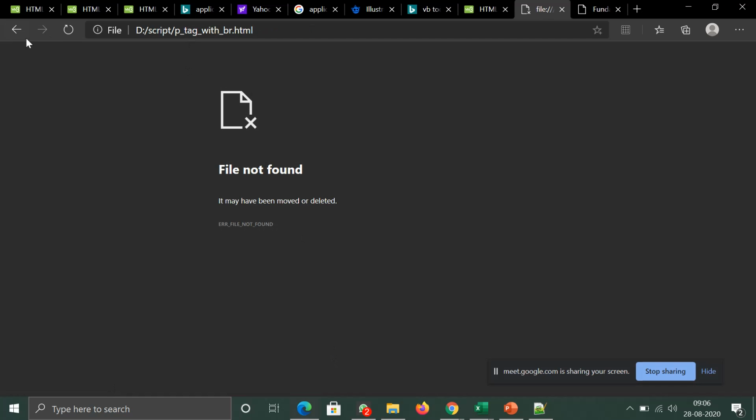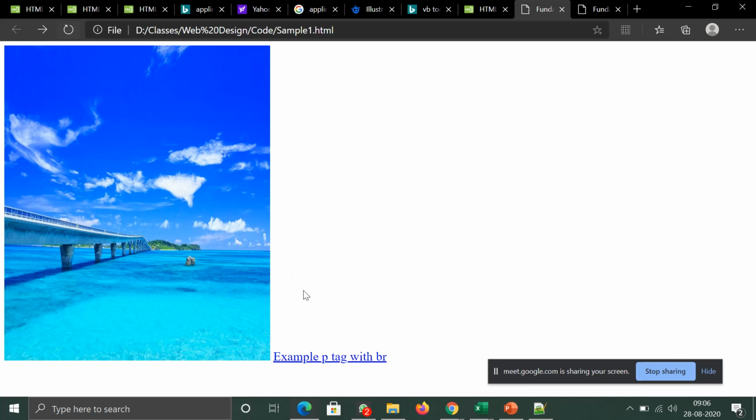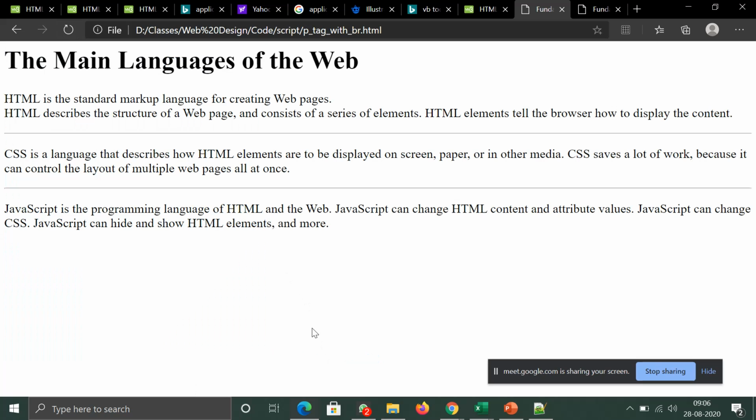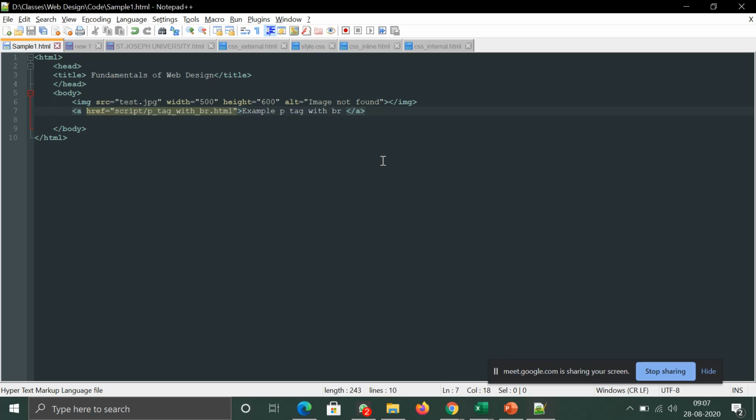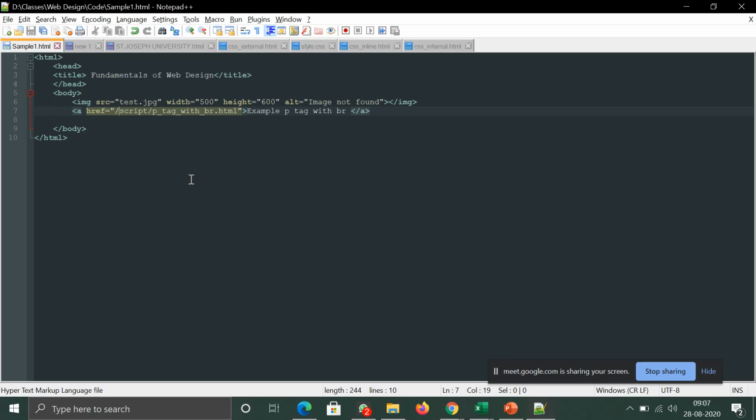Now it automatically comes. So you can see this has been added with this one. But if you put this slash over here, what does it do? It will take it to D colon. It doesn't add, but if you put a slash, that means it takes the drive as the root directory. So it's always not advisable to do that. So this is your path name.